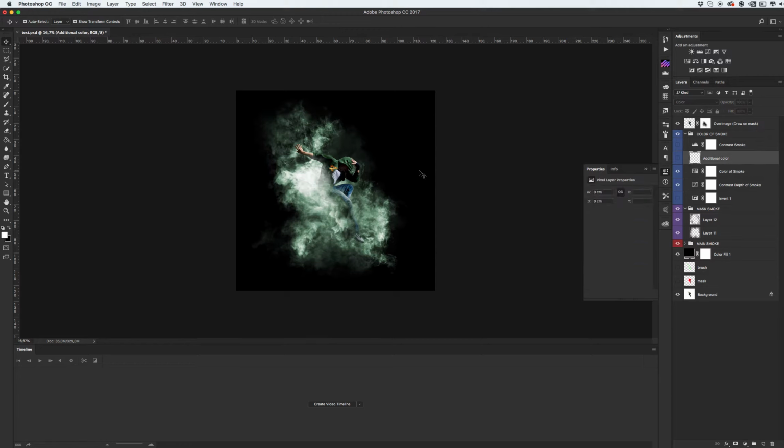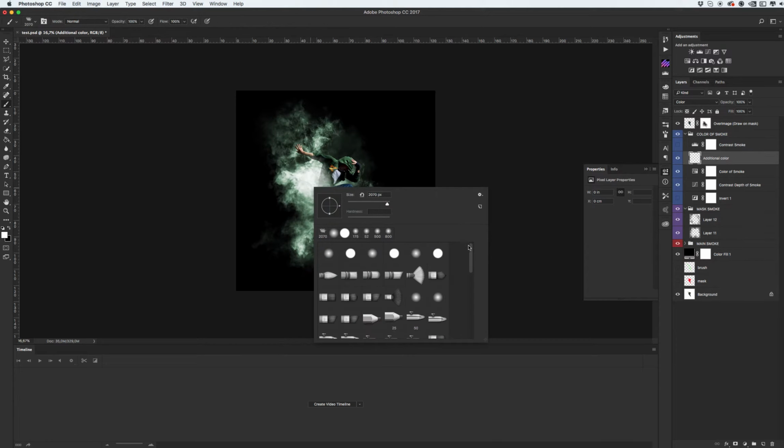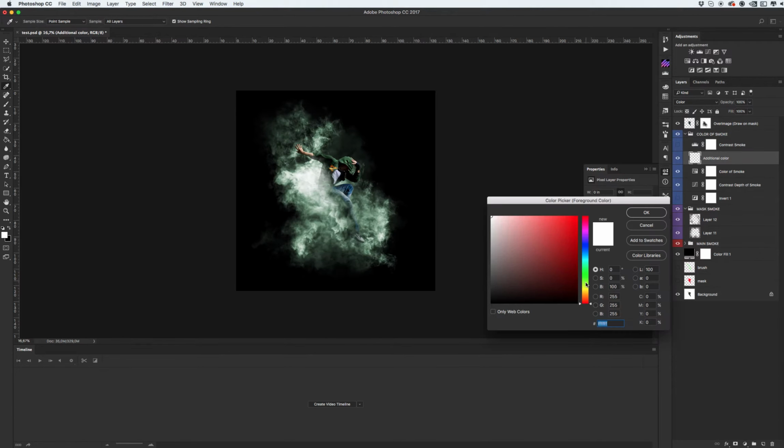Also, you can add some additional colors. It depends on your image. Just turn on this layer, select any brush. Basically I use soft brush. Select any color, just for example to show you how you can use it,